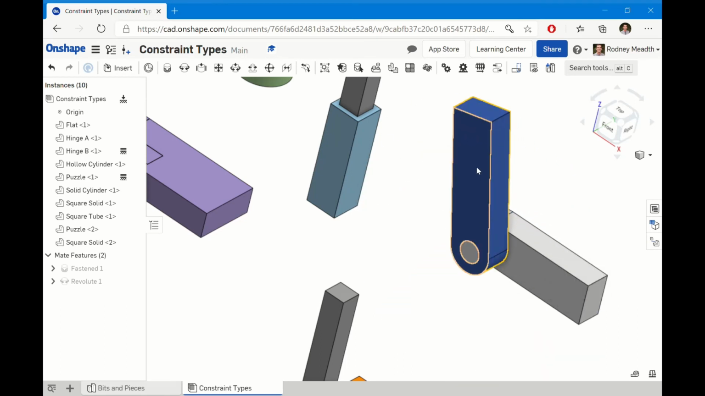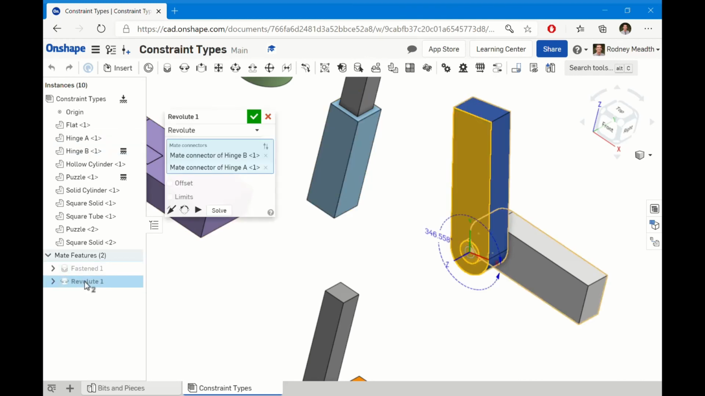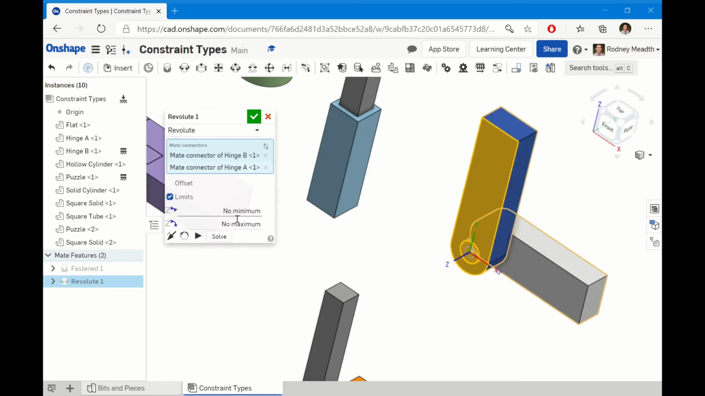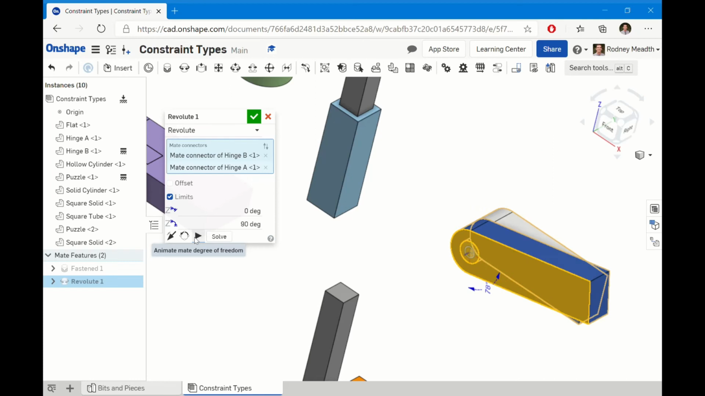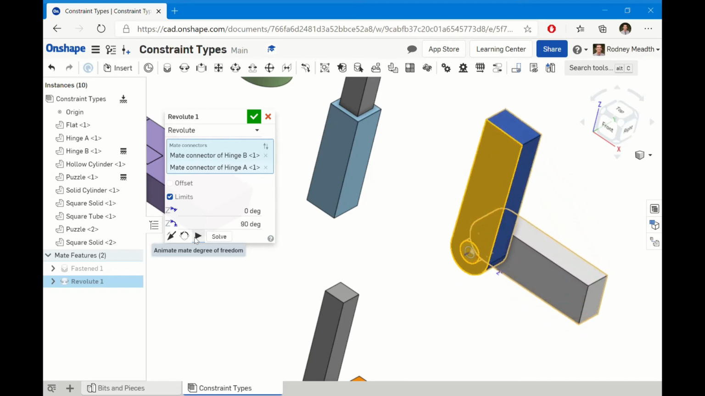Sometimes as well with these little revolutes, you want to actually put limits. You want to say only go between 0 and 90 degrees. Okay, let's try playing that now. And you'll see that it now does that. That's a very common thing. That's when you artificially want to tell the hinged part of the desk to only go down as far